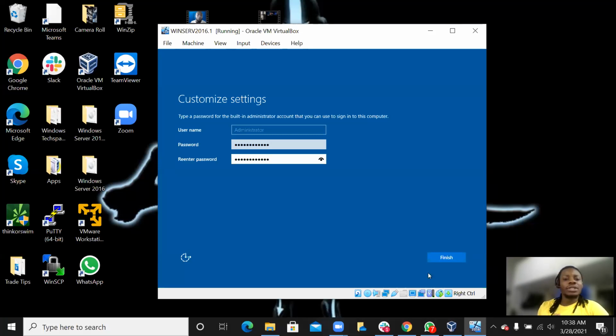You assign names to the machine, put them on a domain, put them on a specific group policy, put them on a specific group in the company. That's how you assign machines. All of this is done in Active Directory. You set group policies also in Active Directory. So your boss can send you a list of users that you need to create accounts for because they're new hires, people that have been hired for the company. You're going to set the username and password. The way you set the username we're going to see as we go further. To create a user, a company usually does first name dot last name. Then automatically,